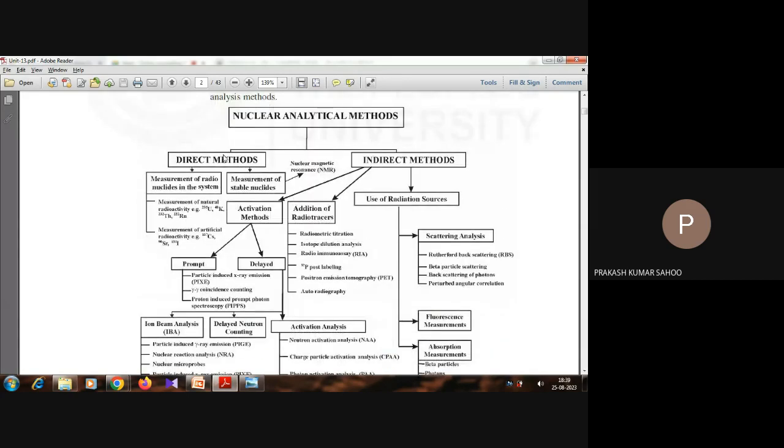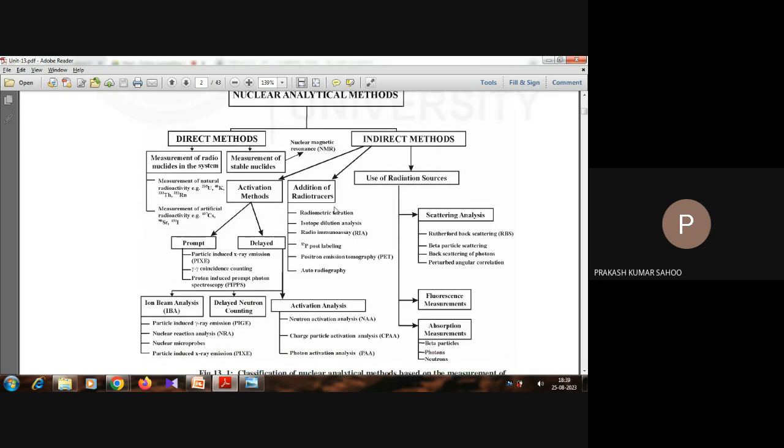So in the direct method, and also, you're right, in the indirect method we have another part, that is the addition of a radio tracer. This is another part: radiometric titration, isotopic dilution analysis (IDA), radioimmunoassay (RIA), phosphorus-32 post labeling, positron emission tomography, autoradiology, radiography. These things are there. Then in the direct method we have